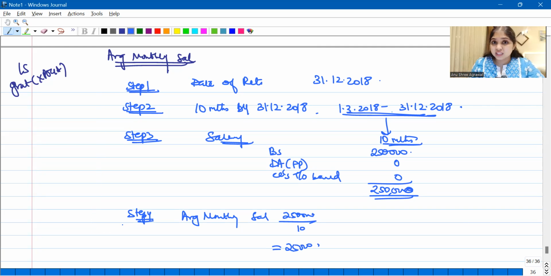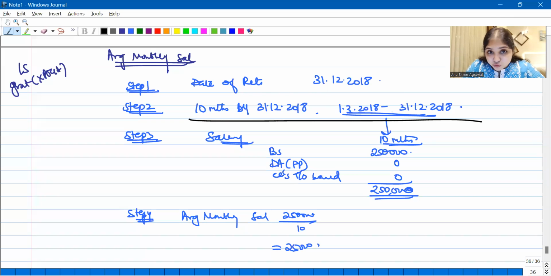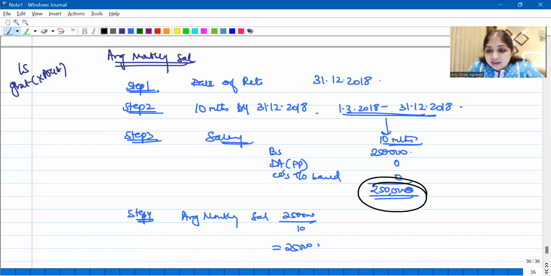You always use these steps whenever it comes to average monthly salary for leave salary. Average monthly salary means what? The last 10 months before retirement, that 10-month salary, simple average. And salary has 3 components: basic, DA forming part, employee's turnover based commission. So I'll see what is the date of retirement, then 10 months before the date of retirement. For this 10 months period, I will find the salary, and this is the 10-month salary. I will find the simple average. Till here, is it clear?